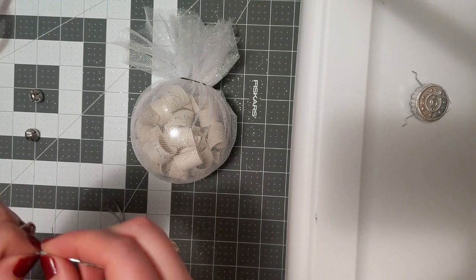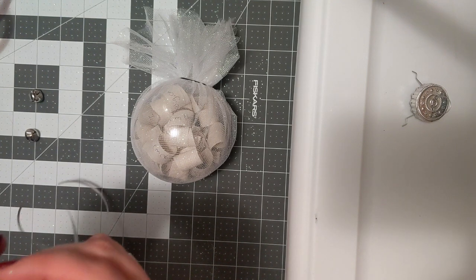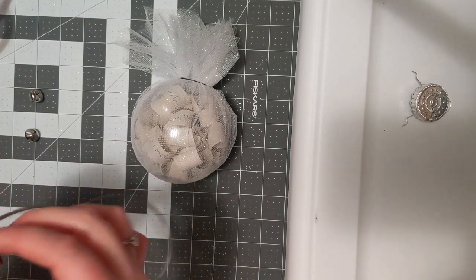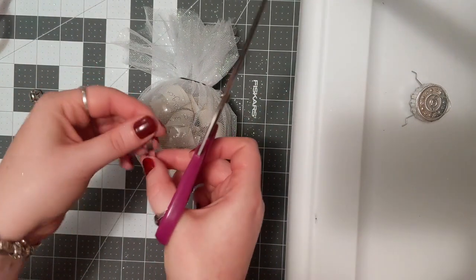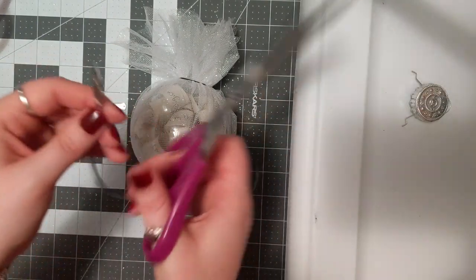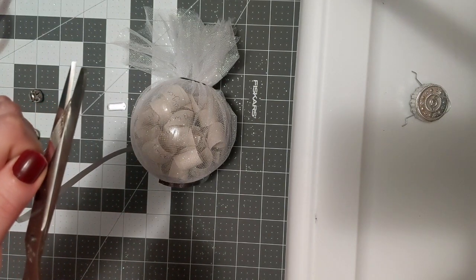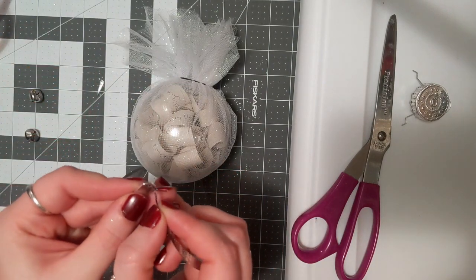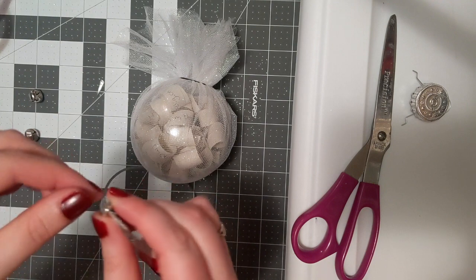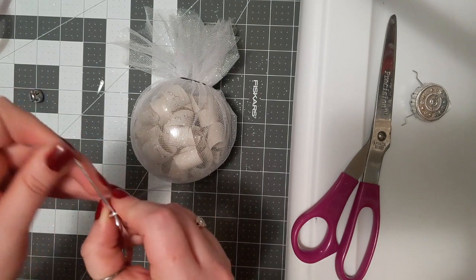I didn't really think this through. I should have got something thinner. But oh well, here I am. And it's not wanting to go through. So what I'm going to do, this is something you probably shouldn't do, but I'm going to, oops, I'm doing it off camera. Okay, since I can't get it through the itty bitty little hole, I'm actually going to try and cut a very sharp point so I can feed it through that hole. Just like that. Grab it on the other side and then force the rest of it all the way through